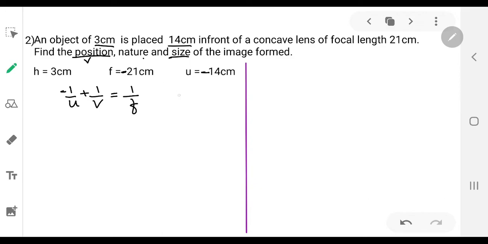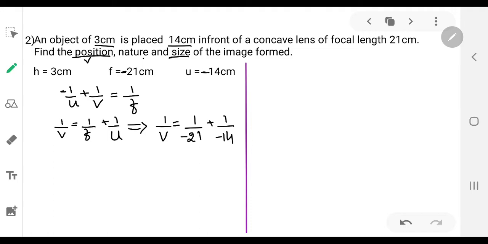What is required? The v value is required. So we retain v on one side, and the remaining quantities we take to the other side of the equation. 1/v = 1/f + 1/u. Now substitute the values. 1/v = 1/(-21) + 1/